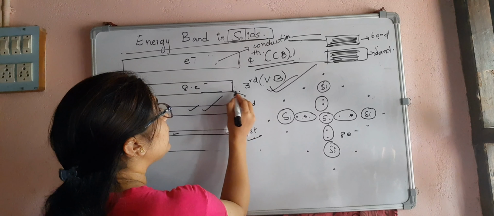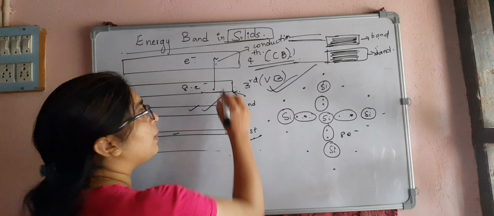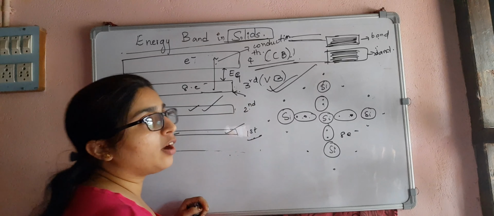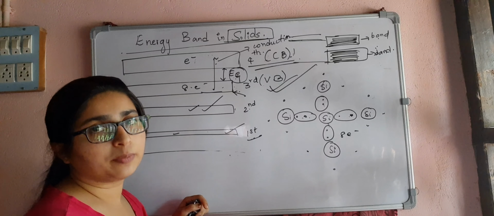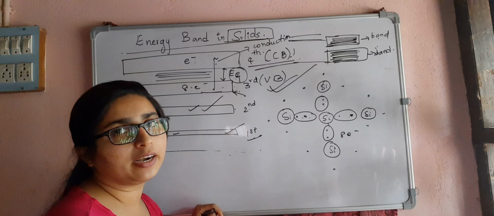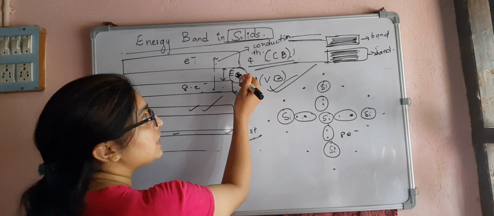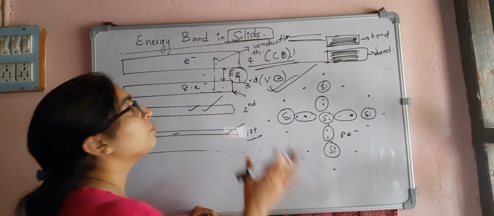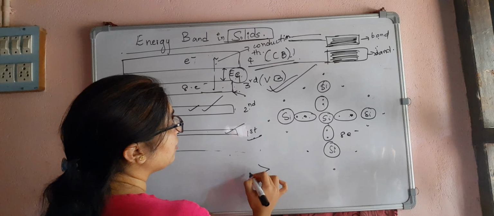So when you apply a little bit of energy, the electron gains energy and jumps to the conduction band. But remember, there is an energy gap here. Okay, energy gap. Whatever energy you are applying should be greater than this Eg. Because there is no permissible energy level between the conduction band and the valence band. There is no energy level here. So if you apply energy less than Eg, there is no energy level that an electron can accommodate here. So the energy applied must be greater than Eg.